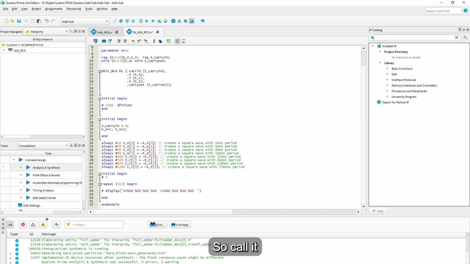So we can call it the sum of the model 1,